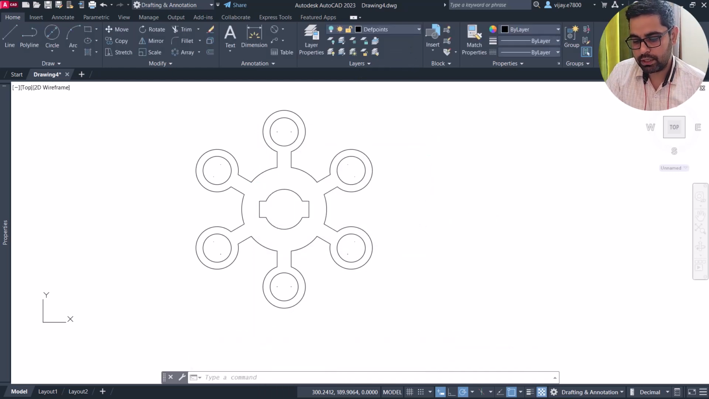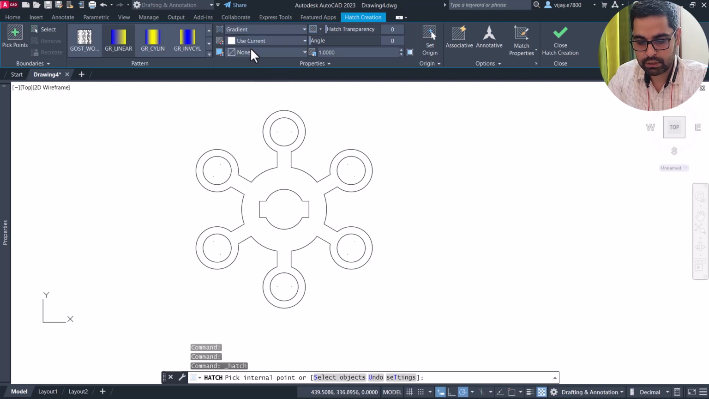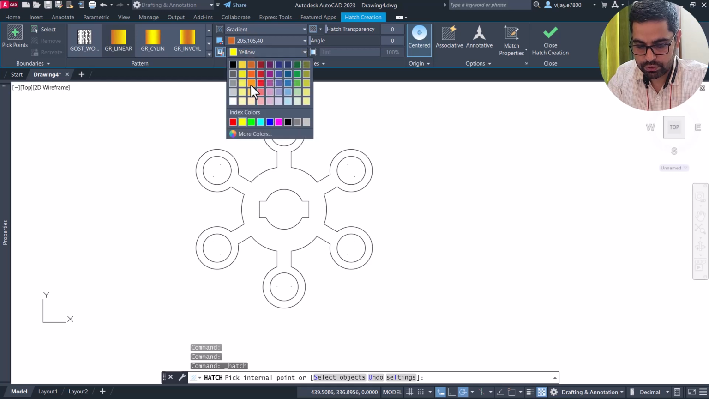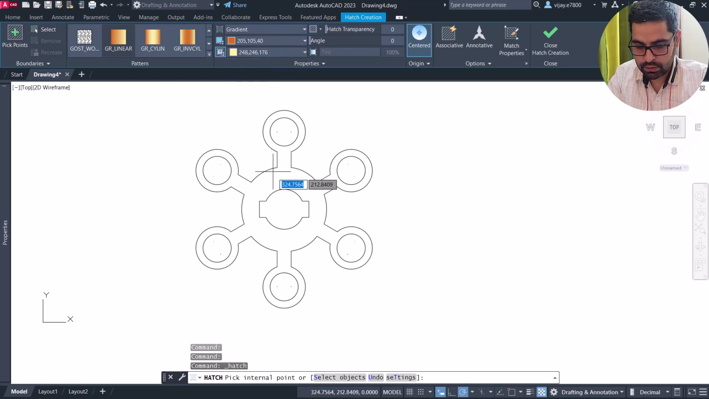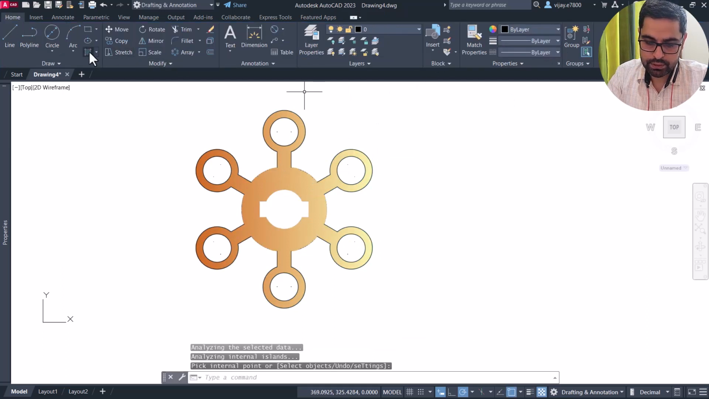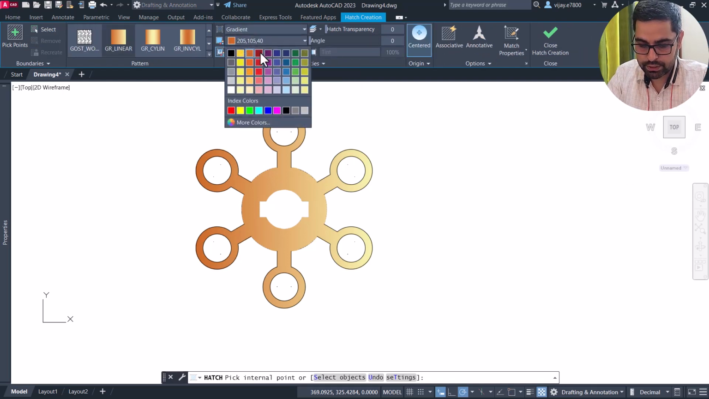Okay, then click close. Now I'm going to create a hatch or gradient for this particular drawing. So pattern, gradient, click on any color that you want to insert and click here, and then click on close hatch creation. After that we can create another hatch of any other gradient if we want. Let's select red,